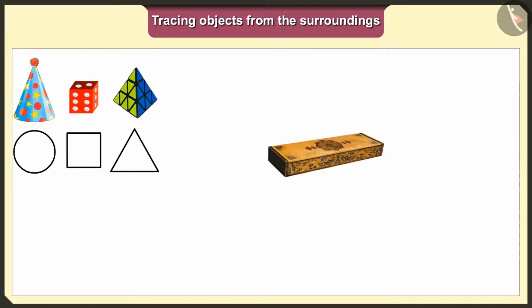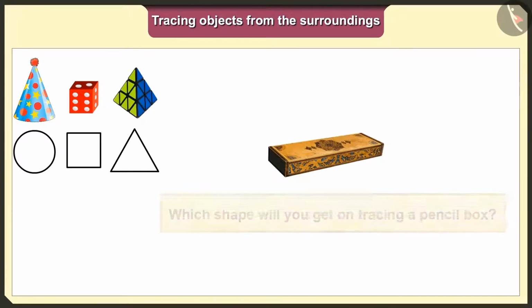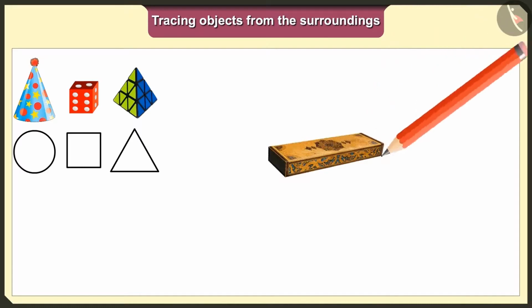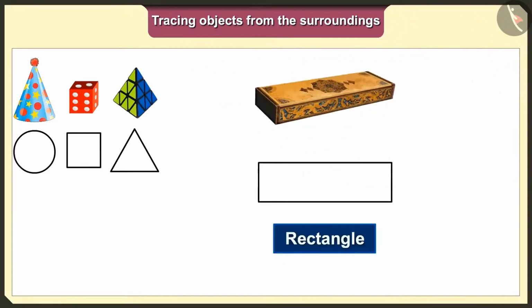Friends, can you all guess which shape we would get when we trace this pencil box? Let us trace this pencil box too. The base of the pencil box is a rectangle, so we will get rectangle shape when we put it on paper and